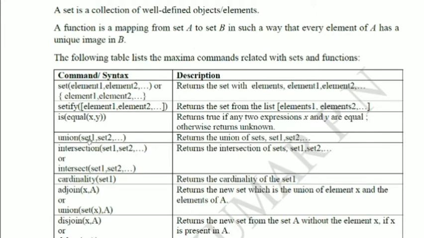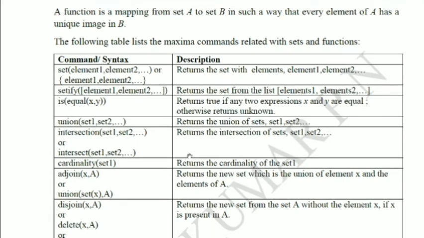You will get a set with distinct elements. Then intersection of set 1, set 2, etc. will give you the intersection of these sets, that is, common elements of these sets. Or simply you can give intersect also. Both are one and the same. It returns the same answer.